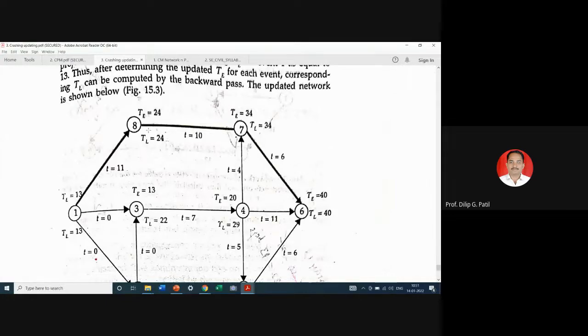revised network also. Here you can see that particular activity duration is changed to 10 because at the day of updating, at the end of that particular 13th day, instead of t as 0, we are considering here 13. This is a very important aspect. Instead of here as starting day or t of event number 1 as 0, already 13 days have passed, so we are considering capital T, earliest event time of event 1, as 13, and accordingly we are calculating the project